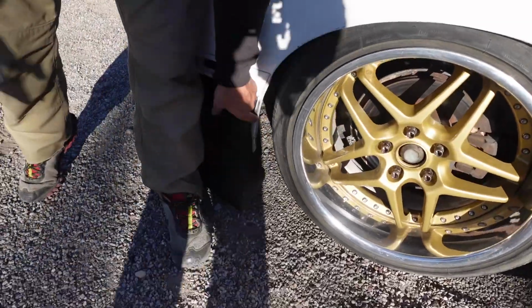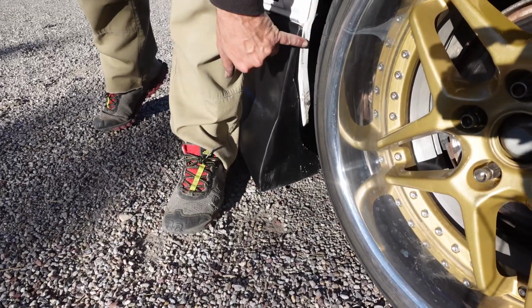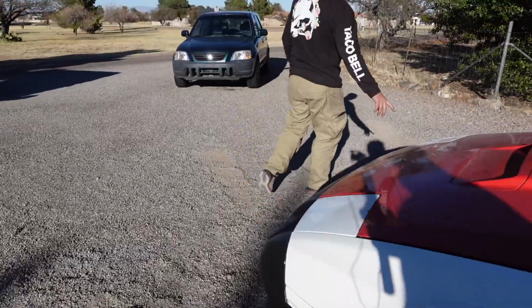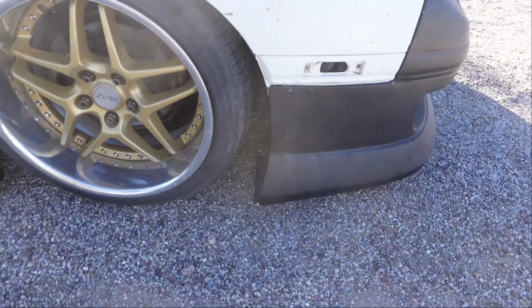I had to cut this right back here because it was pushing off of this part, and I couldn't stretch this enough to get it around there. So I'm just gonna paint this black for now so you don't notice it. On the other side, it actually fit up pretty good, didn't it? Yeah, this side I think we cut out a little piece right there. I cut out a little piece, but